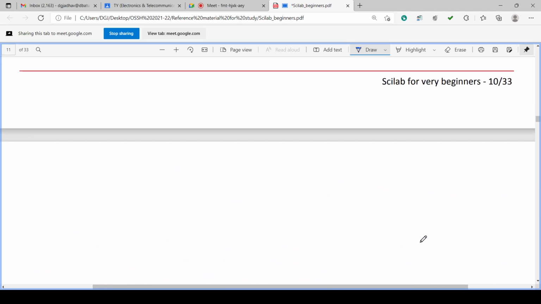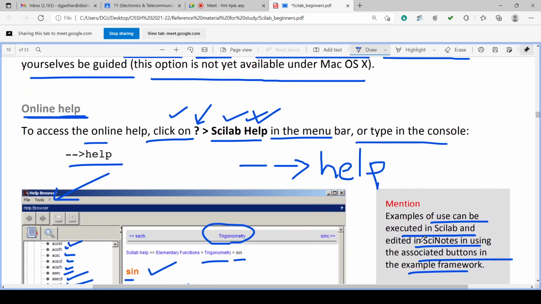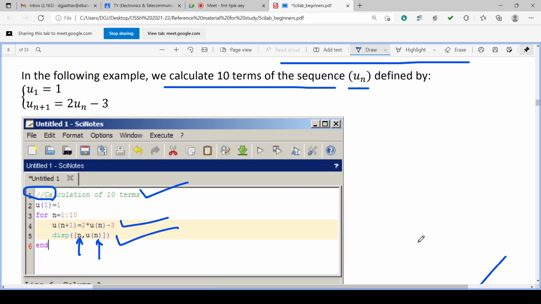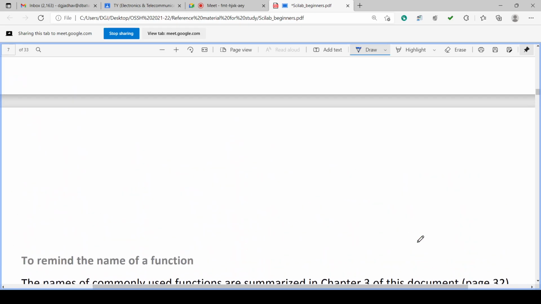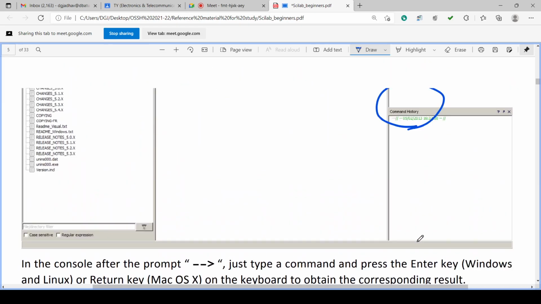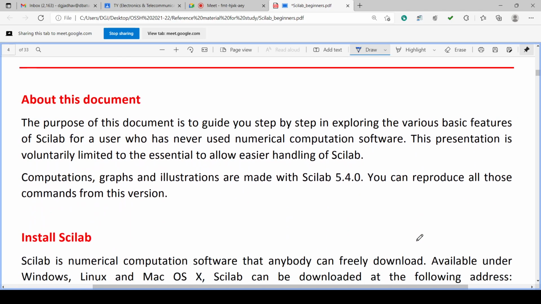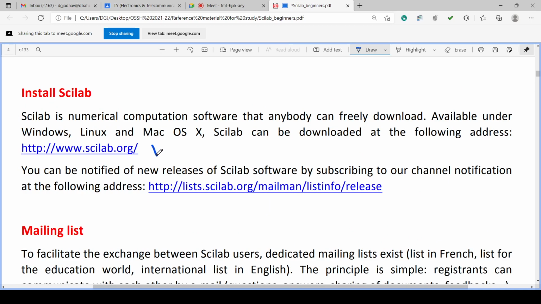So what we have discussed: Scilab is a scientific language, isn't it? We can download it from scilab.org. There are different packages for different operating systems.